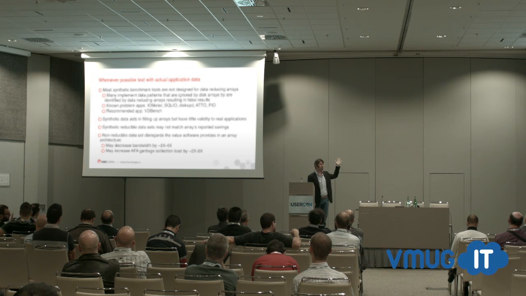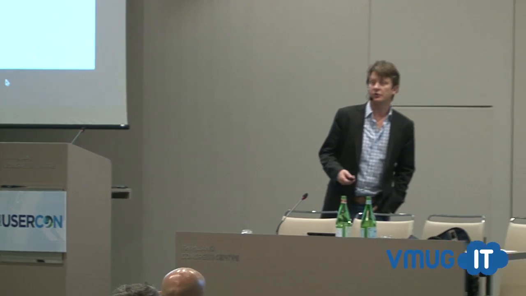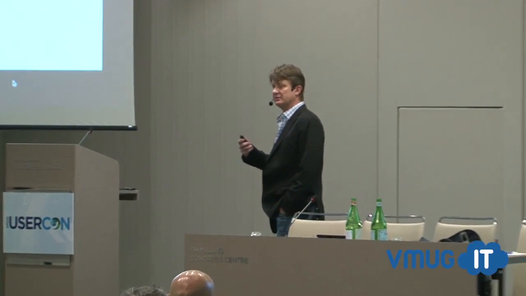So if your use case is that the data is already encrypted above the storage layer, then go ahead and test with a non-reducible data set. Otherwise, by using a non-reducible data set, you're going to get false results. You're going to inject things like an increase in garbage collection times, which is a decrease in your performance. You're going to not optimize the back-end I/O buses, because compression allows you to put more data on the wire and thus transfer more data or have greater bandwidth.